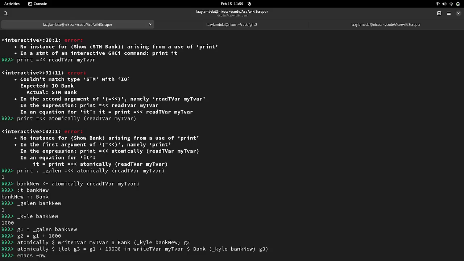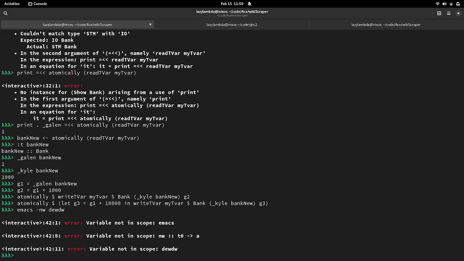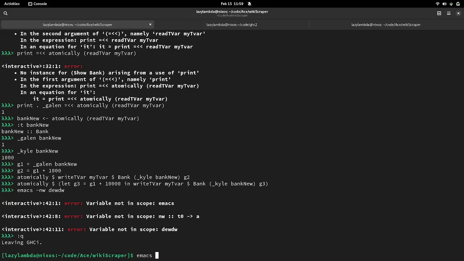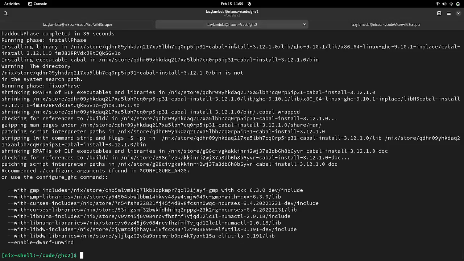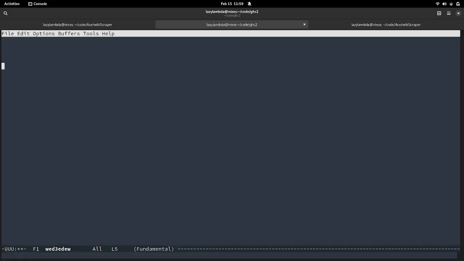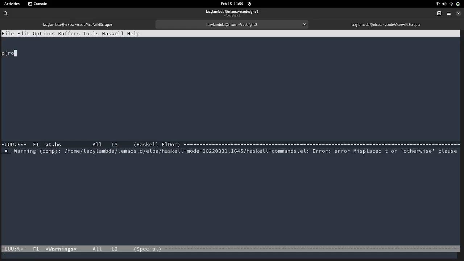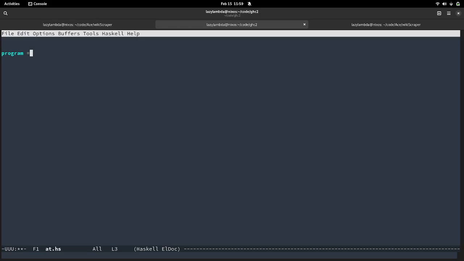So the question is, what if you had multiple threads all running atomically on the same TVar? Like if we had something like, actually, I'm stupid, I could have just done this. There we go. Program equals atomically. I'll show a real example of this in a second.